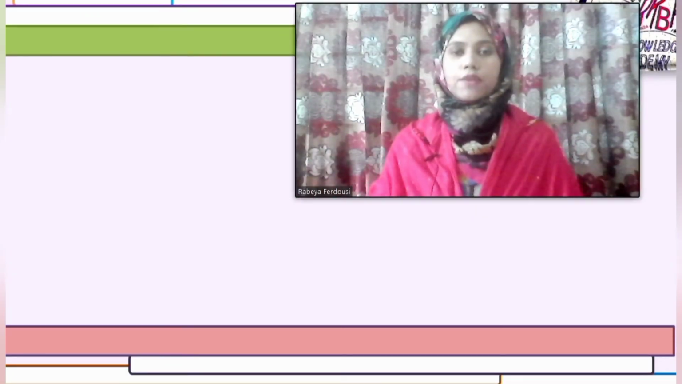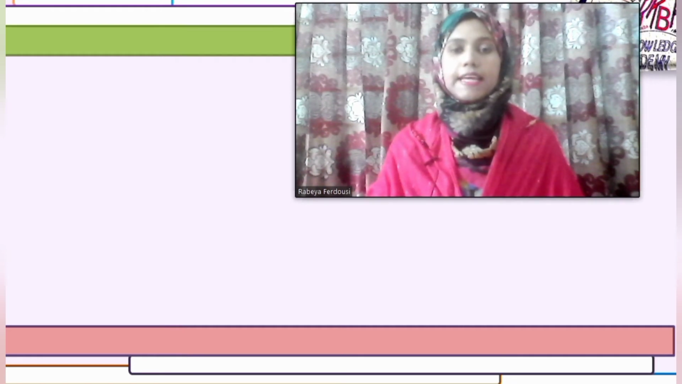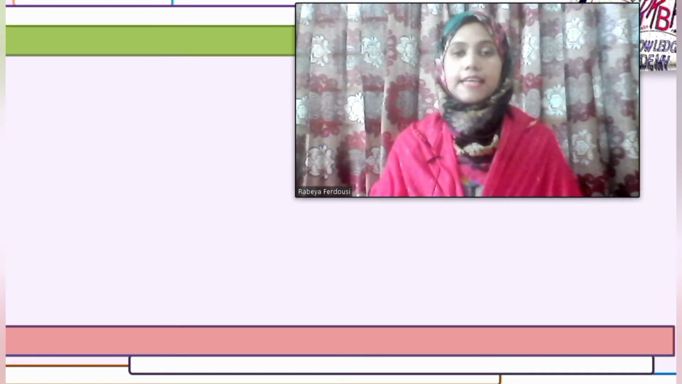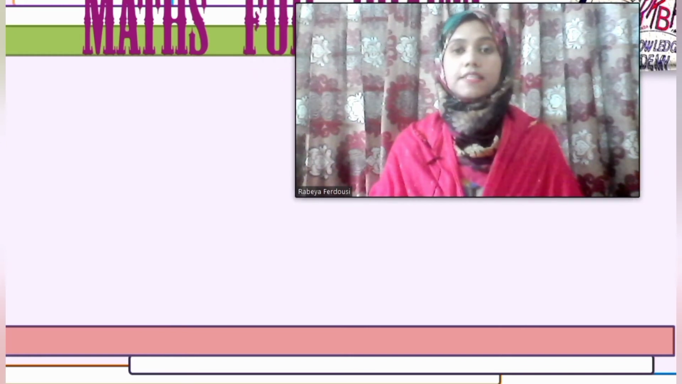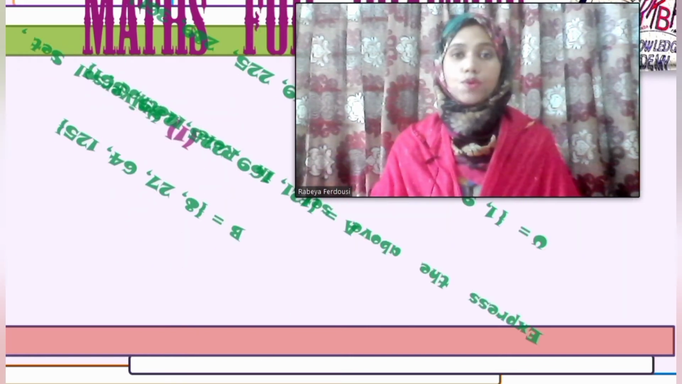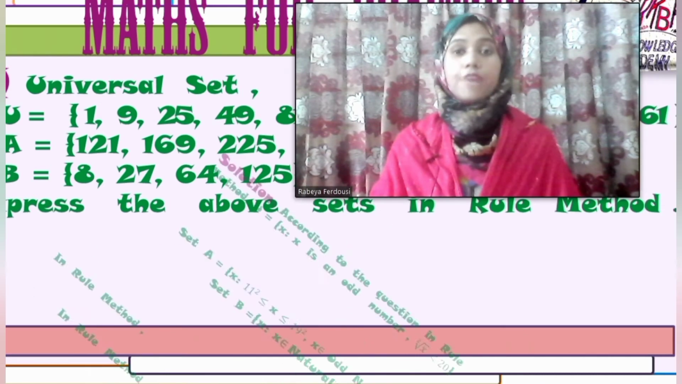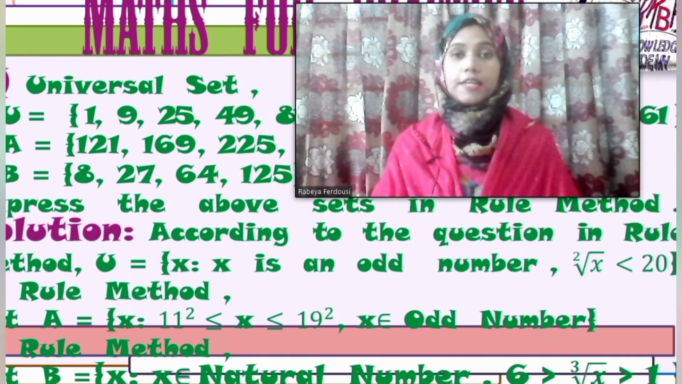According to the question, in rule method, set A will be x such that x is greater than or equal to 11 square, less than or equal to 19 square, and x belongs to odd numbers. Because if we look carefully at the components of set A, we will see all the elements of set A are actually odd numbers, and these numbers are the square values of numbers 11 to 19,